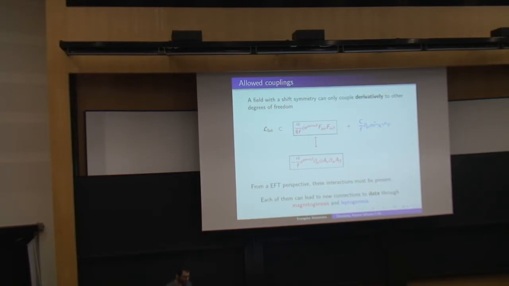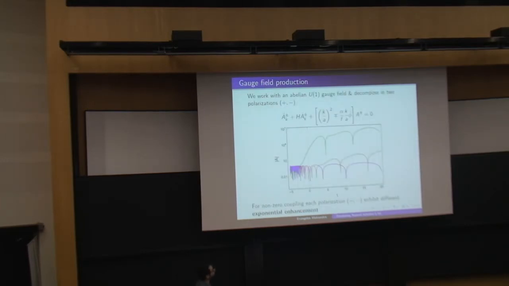Now, since the conference is called Cosmology in the Light of Data, I want to point out that both these couplings give new experimental handles on data beyond the CMB, such as magnetogenesis, baryogenesis, leptogenesis, and so on. So, due to the interest of time, I will only consider coupling to gauge fields. Again, if you want to talk about fermions, ask me later. So we have heard a talk already yesterday by Lorenzo Sorbo,